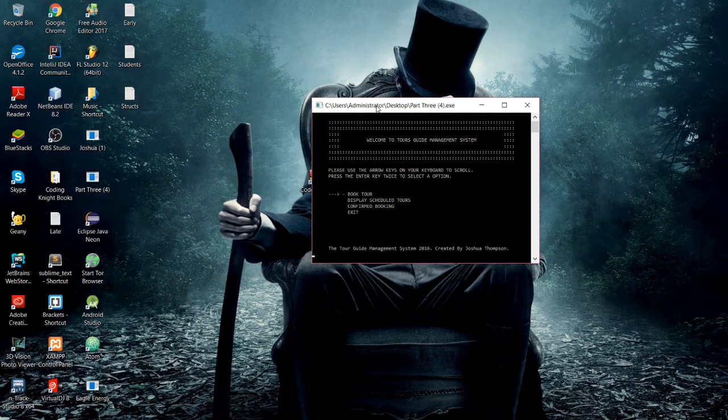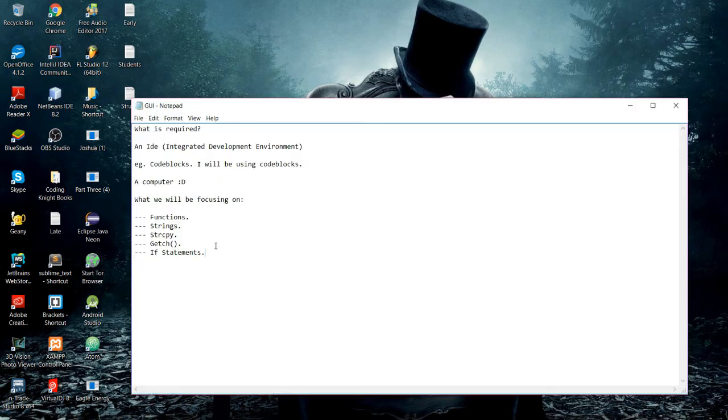What we can actually do is use the arrow keys on our keyboards to scroll down and scroll up. So if I press the down key on my keyboard, you can see that the arrow actually goes down. If I press the up key on my keyboard, the arrow actually goes up. So that is what we will be working on. I'll be showing you guys how to create your function. Actually, let me just pull up what we'll be covering